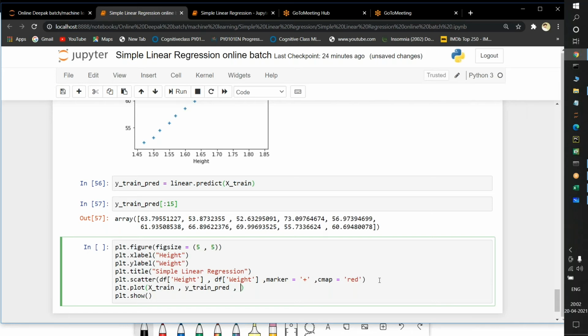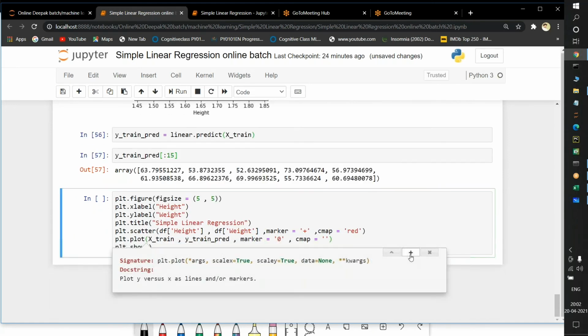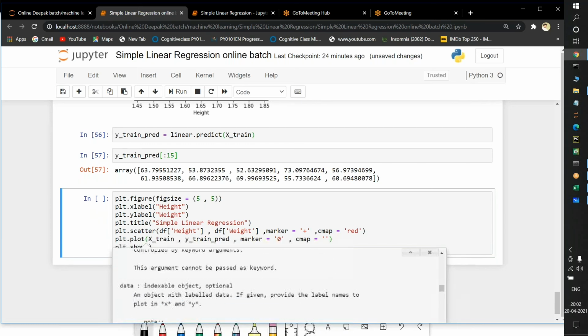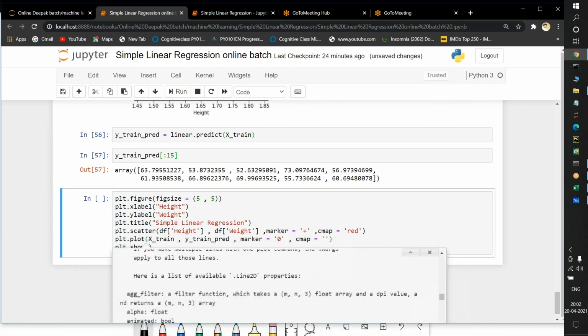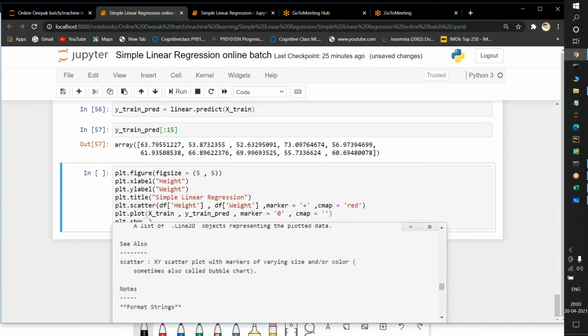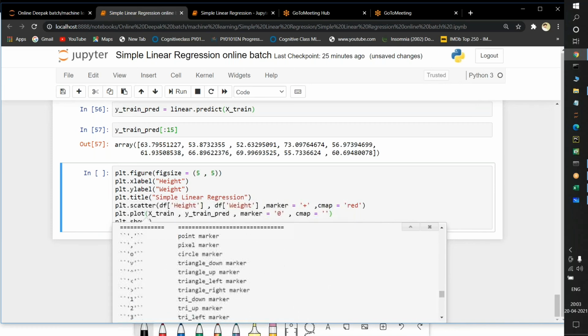Now I am taking a marker equal to o. I am taking cmap equal to, suppose, another color. We will see what this particular cmap is telling very clearly. First of all, cmap, I think it is for colors only. There are different types of options here.